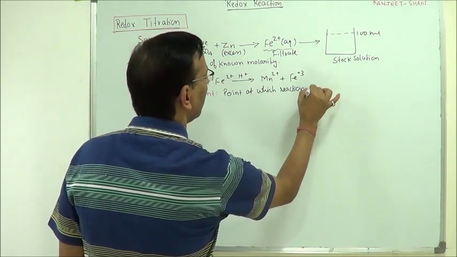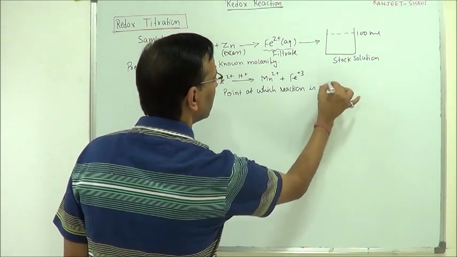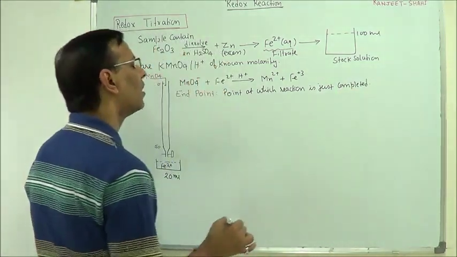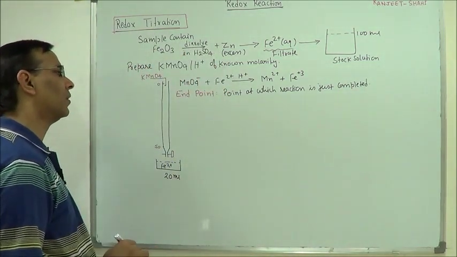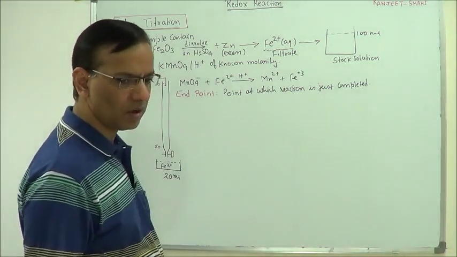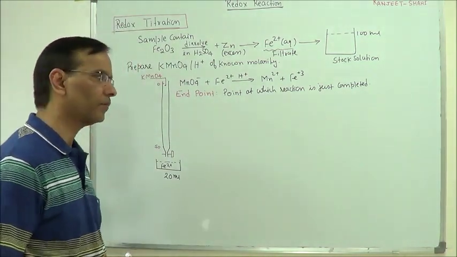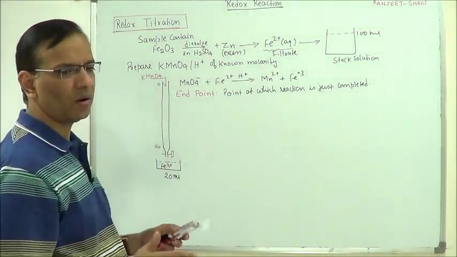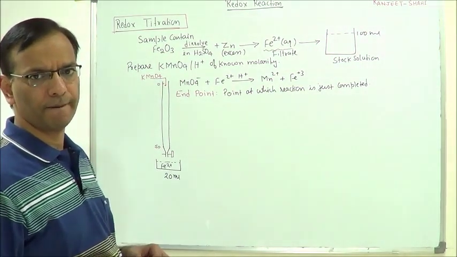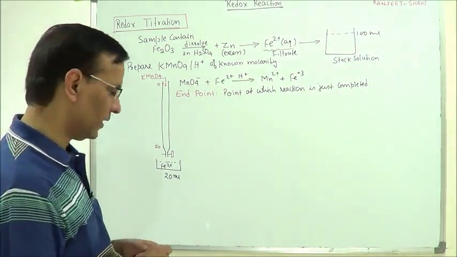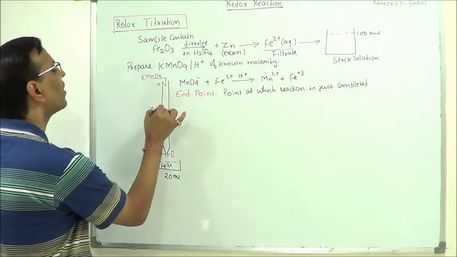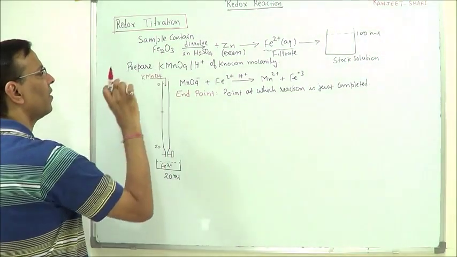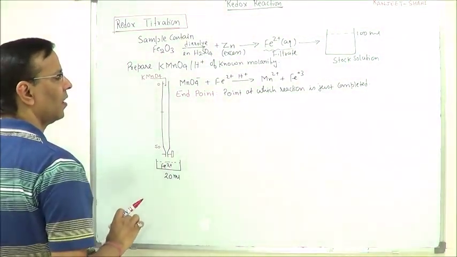We stop the addition of potassium permanganate. So if we detect that the end point has been reached, we stop adding potassium permanganate. And by that time, let the potassium permanganate level be here. So we measure the volume of potassium permanganate, and then